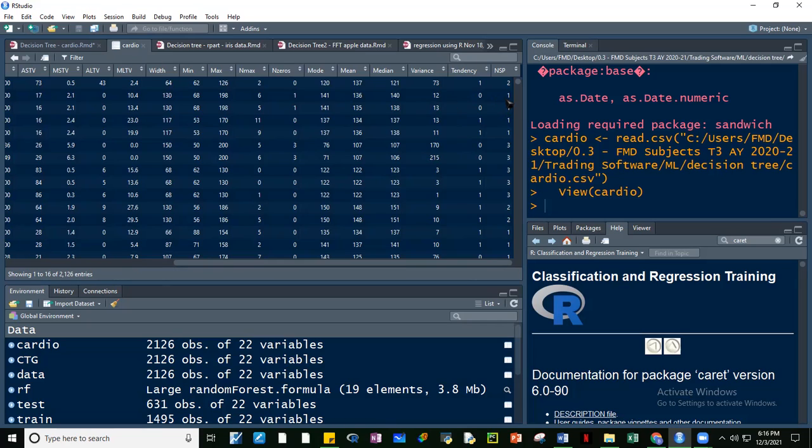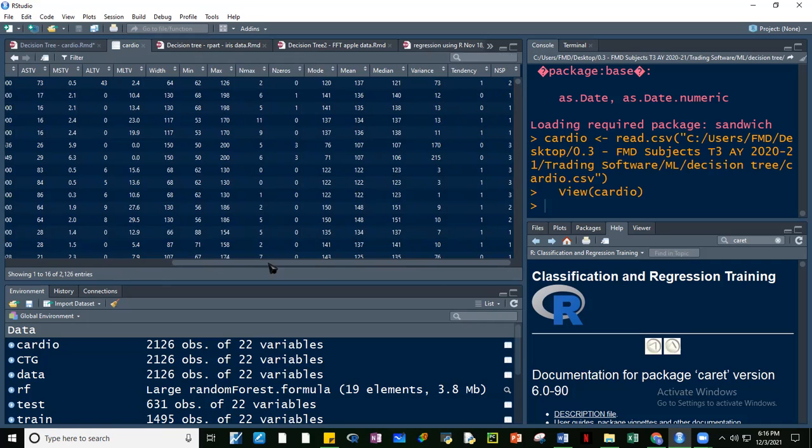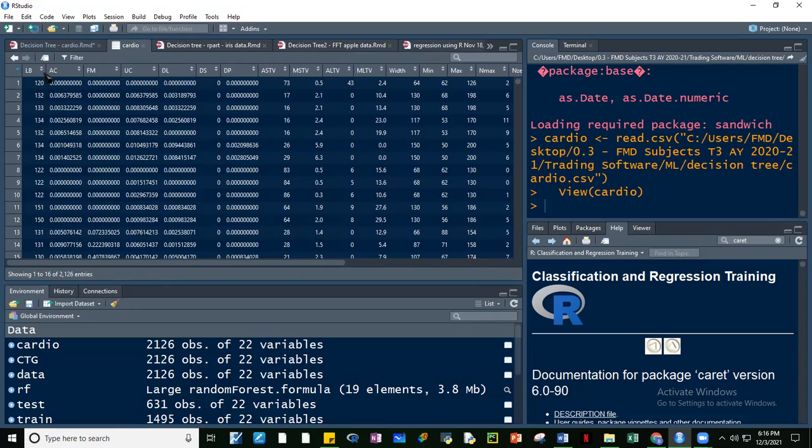So N, if it's 1, the heart is normal. Number 2 is suspect, which means there might be something wrong with it. And number 3 is pathologic, then there's something wrong with the heart of the baby inside the mother's womb. And we would like to predict this NSP given some qualities of the mother. I think I gave you the parameters, what these mean, but we will not go into that again. Suffice it to say that these are measurements